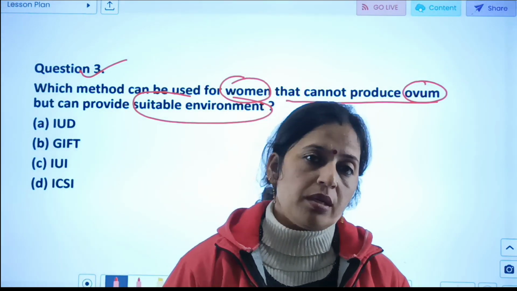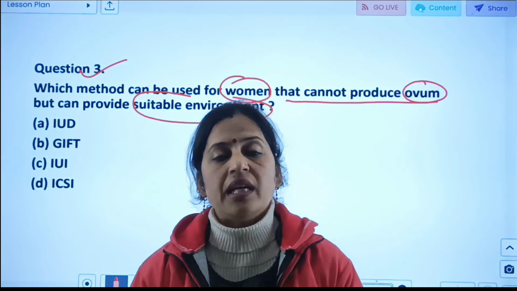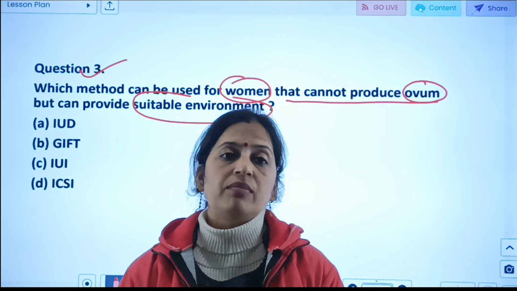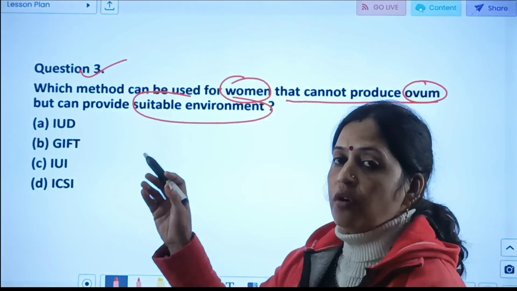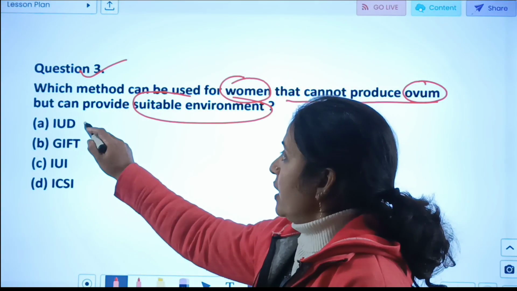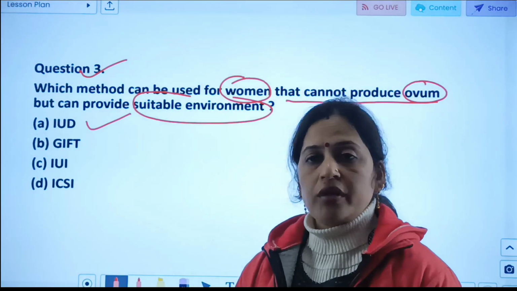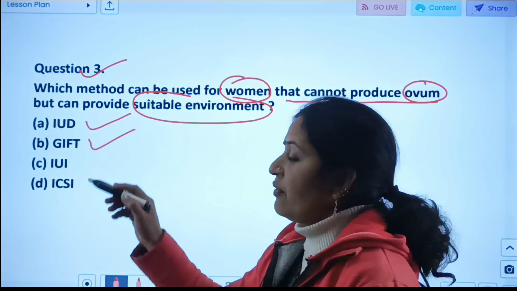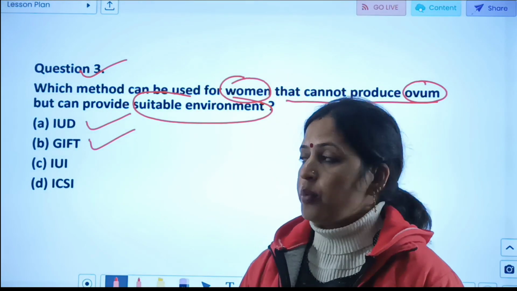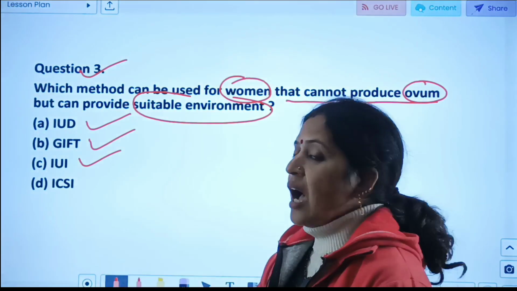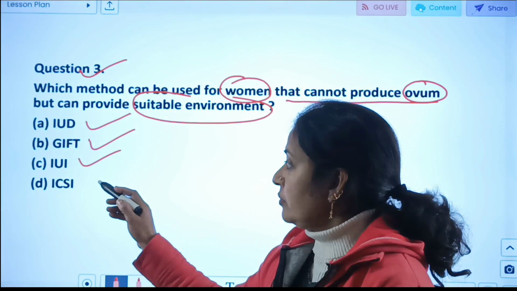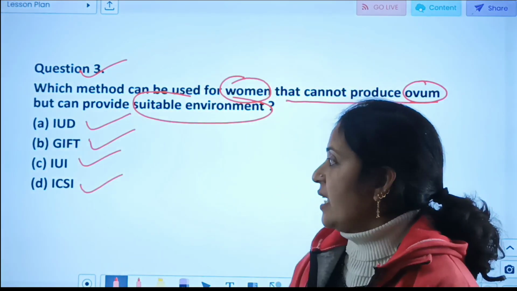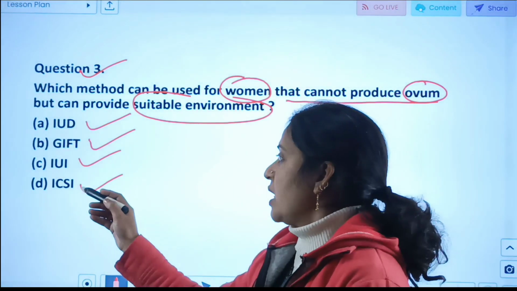they can provide the suitable environment. Ovum को वो produce नहीं कर पाएंगे but at the same time they can produce the suitable environment. So which method is applicable for those women? Option 1 is IUD, that is intrauterine device, GIFT, that is gamete intrafallopian transfer. Next is IUI, that is intrauterine insemination. Last one is ICSI, that is intracytoplasmic